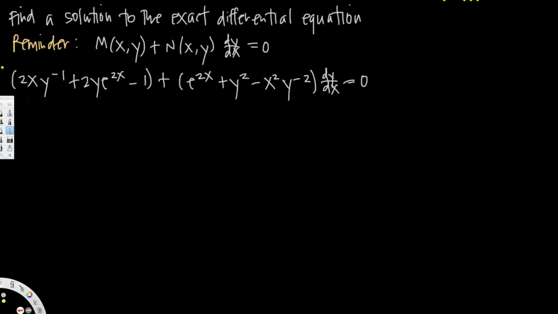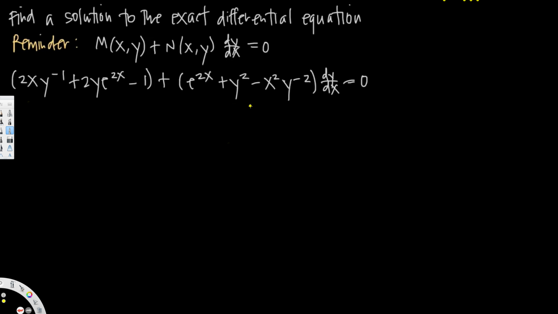What's going on, guys? In this video we are going to see how to find the general solution for an exact differential equation. Now the standard form of an exact differential equation should look like this: M(x,y) + N(x,y) dy/dx = 0. And if you look at this one, we have that form, but still we are not sure whether this is